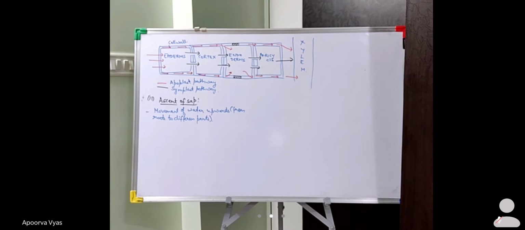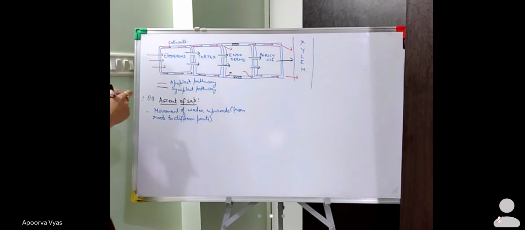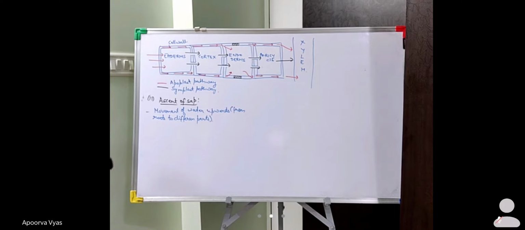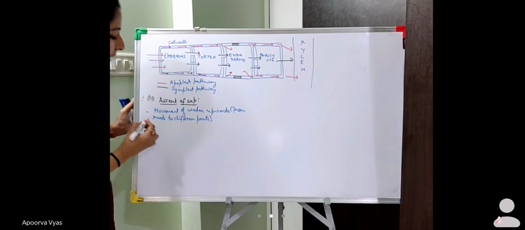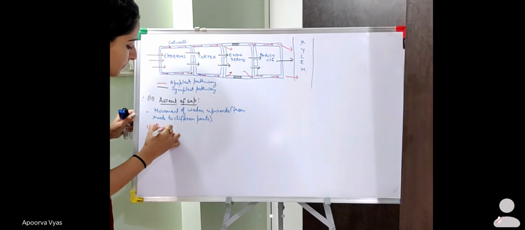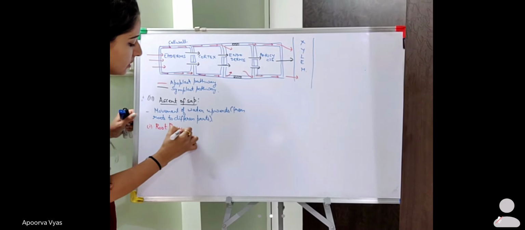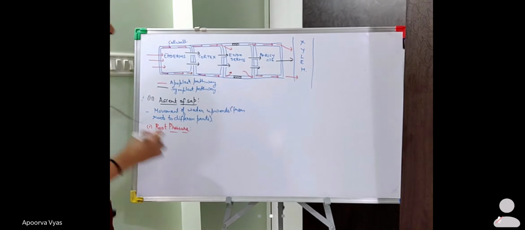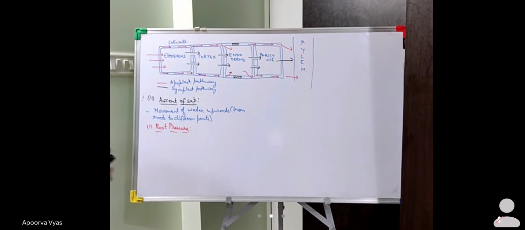ठीक है. अभी जो ascent of sap है वो कितने टाइप से होता है? इट अकर्स थ्रू, इसमें बहुत सारी थियोरीज, एक्चुअली बहुत मेनी थियोरीज आर फेमस फॉर दिस. So the first theory which initially came up, that was the root pressure theory. So the first mechanism by which this ascent of sap occurs is actually the root pressure. ठीक है, तो ये root pressure का मतलब क्या है? रूट प्रेशर में क्या होगा कि अच्छा, रूट प्रेशर is basically the pressure which is built up in the root, and it is responsible for the movement of the water upwards.